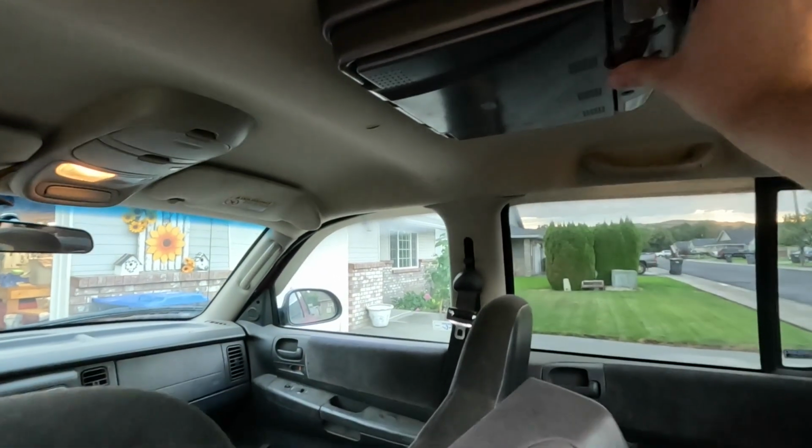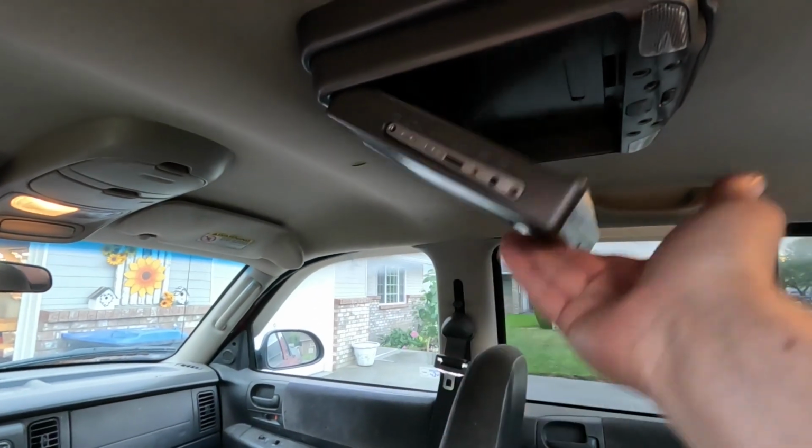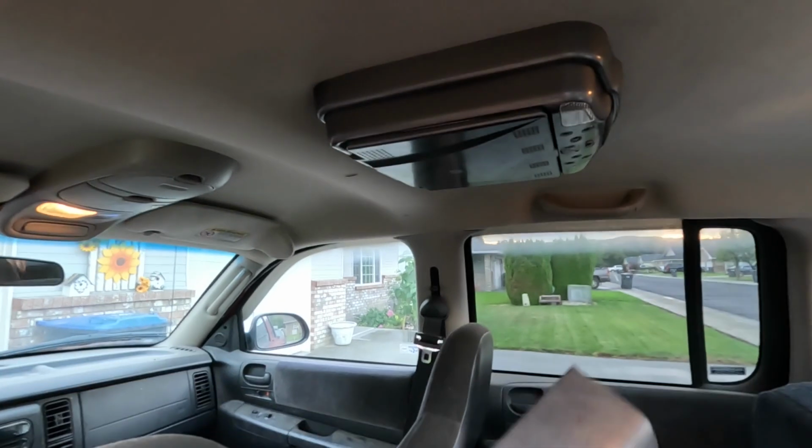It's pretty cool. It has a video screen back here. That's pretty cool to see in a truck from the 2000s. But